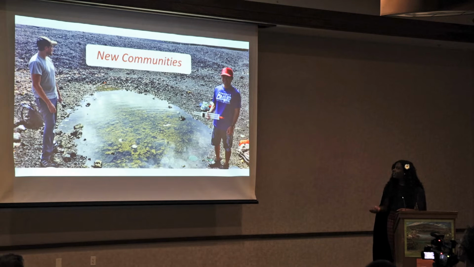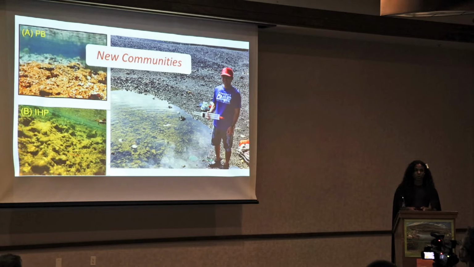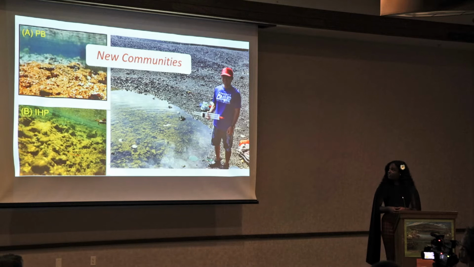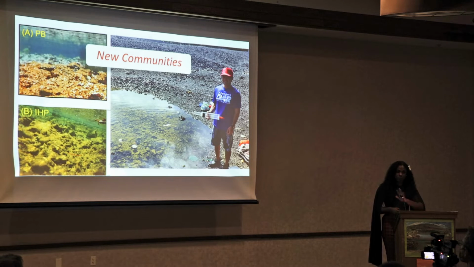Here's kind of a photo. Here's my PI Justin and our collaborator Troy at one of these new ponds that was formed from this lava flow. One thing to note, as mentioned earlier, there are these microbial mats that form in these ponds. Up top is an established pond in the A section with the orange cyanobacterial crust that was mentioned earlier. And at the bottom is an example of one of these new ponds. It looks more like an algae mud type of environment.